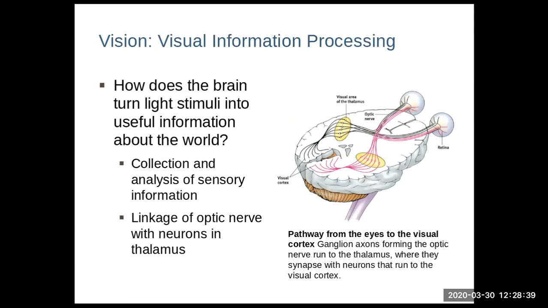How does the brain turn light stimuli into useful information about the world? It collects all of those frequencies and intensities and things like that, and it collects and analyzes this information. We call it sensory, right? The 5 senses. And how it does that is converting them into a neural signal, into a brain signal. So those are the chemicals and the action potentials. And the information that is transferred goes through the optic nerve and to the brain. So you already know half the information.